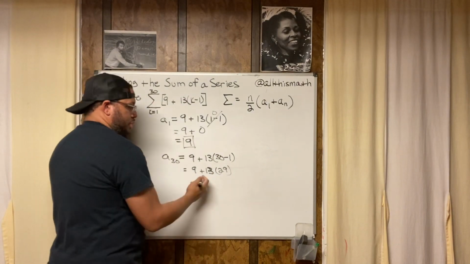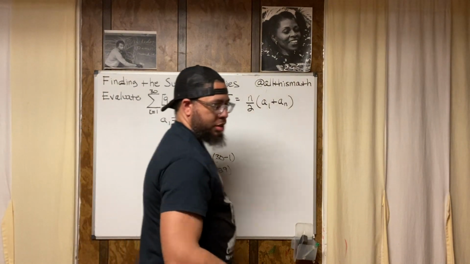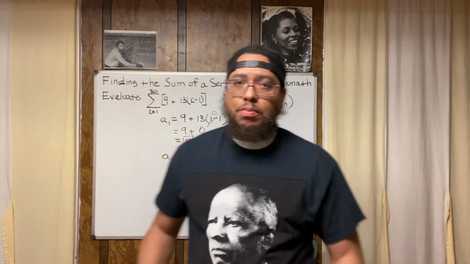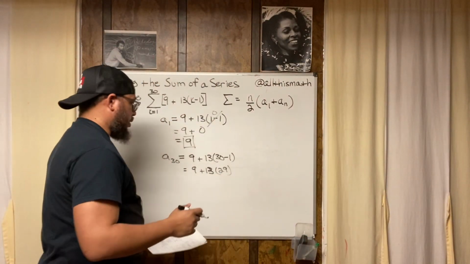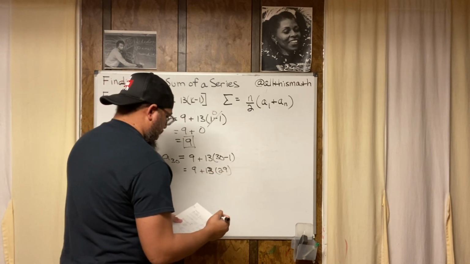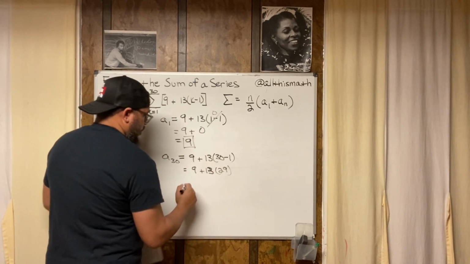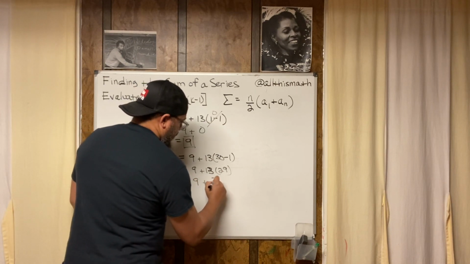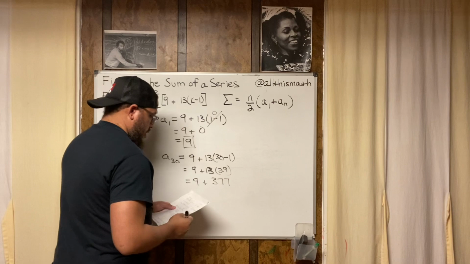I know some people are going to look at this and be tempted to do 9 plus 13. I know, because even I get tempted sometimes. I get tempted to disobey the rules, but follow the rules and good things are going to happen. All right? So 9 plus 13 times 29, 13 times 29, this is a product of 377. So that's 9 plus 377, right?